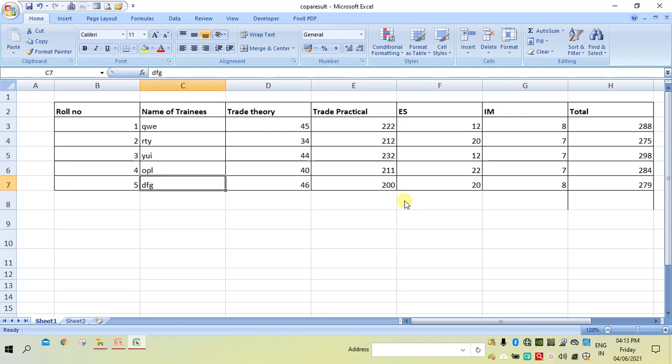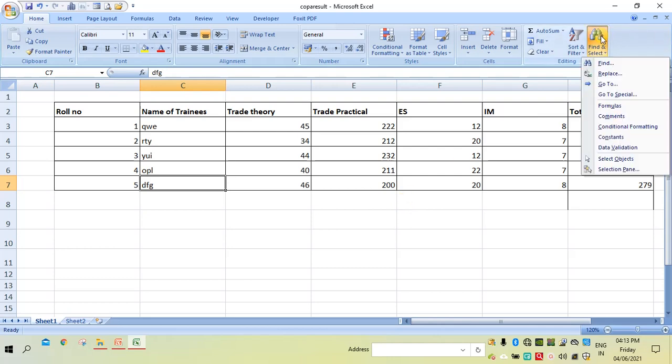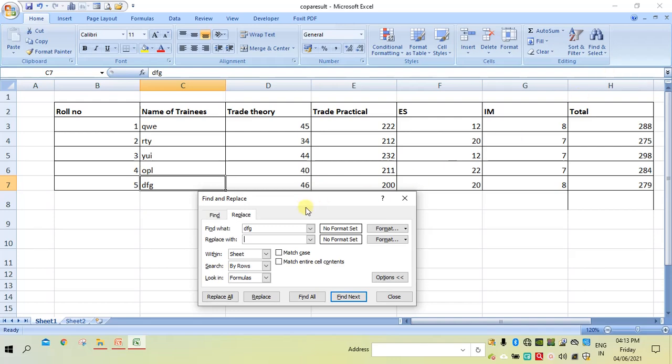If you want to search and replace the content, that is also possible. So again go here, then click on Replace. Here, what you want to find and what you want to replace. I want to replace 40 with 100. In the place of 40 I want to change to 100. Then see whether you want to search the entire sheet or not.